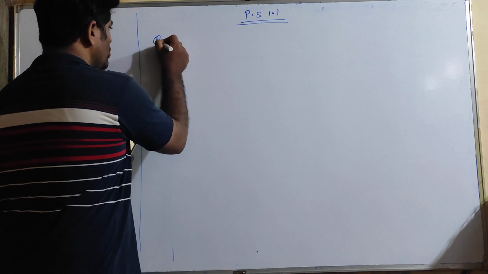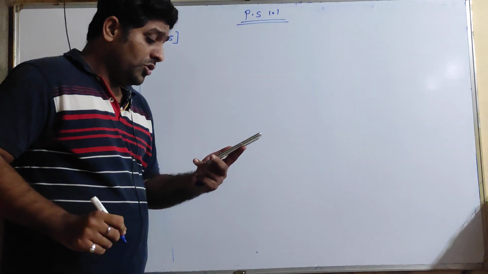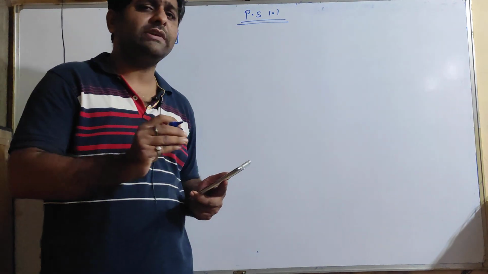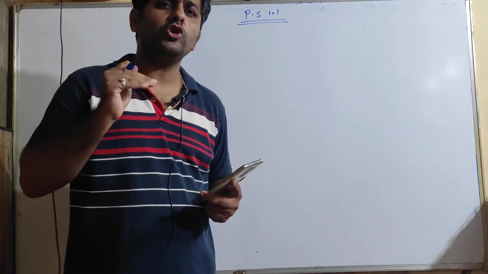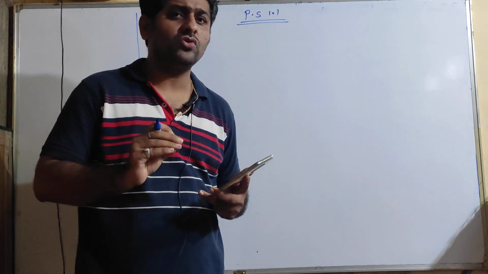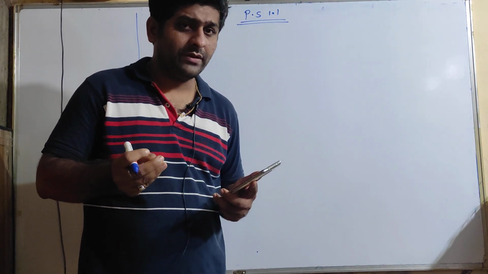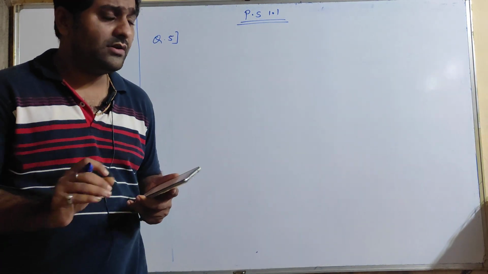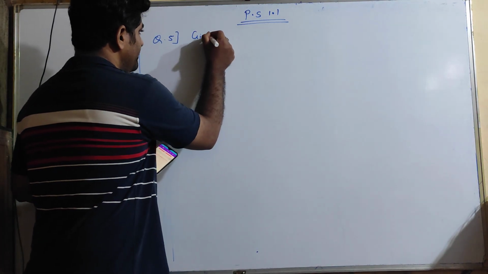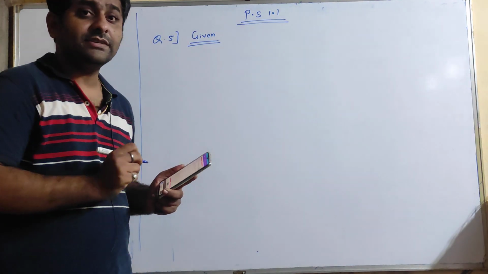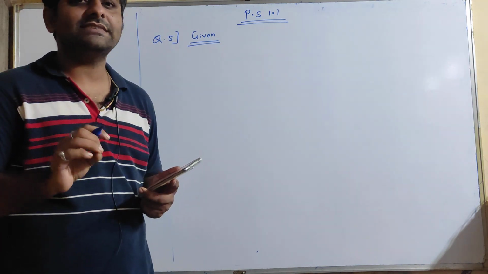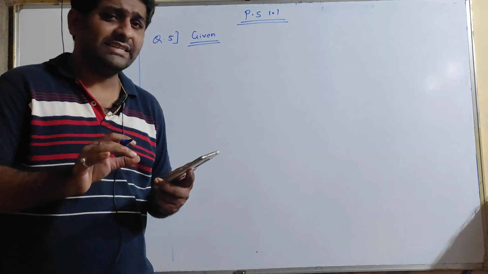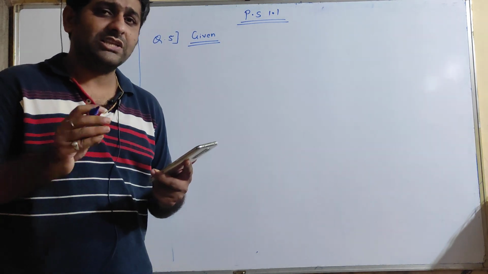Okay, now students, when we talk about geometry, remember that whenever we are solving sums in geometry, we need to follow a certain pattern. That's what I'm going to make you understand today. First thing in geometry, whenever we are writing a particular sum, we write "Given". Now what exactly is given? After reading the question, whatever we understand about the given things, that's what we write in given.